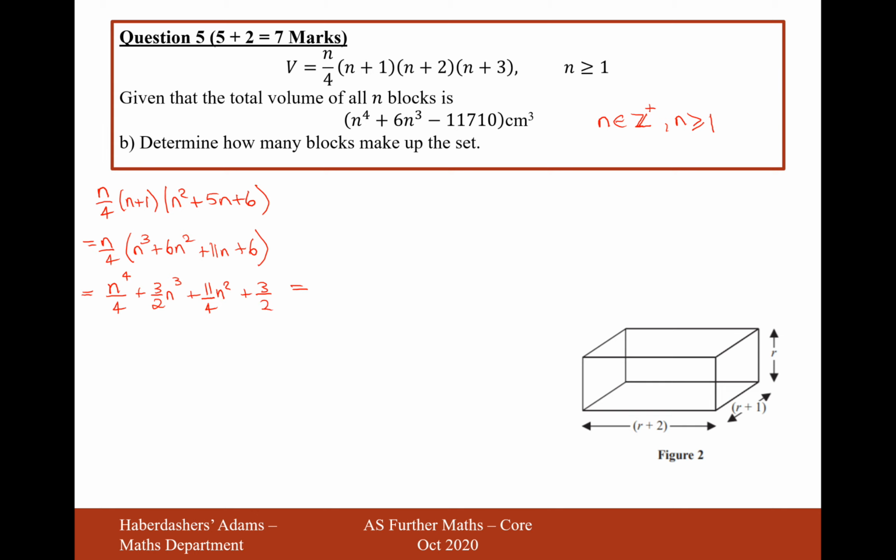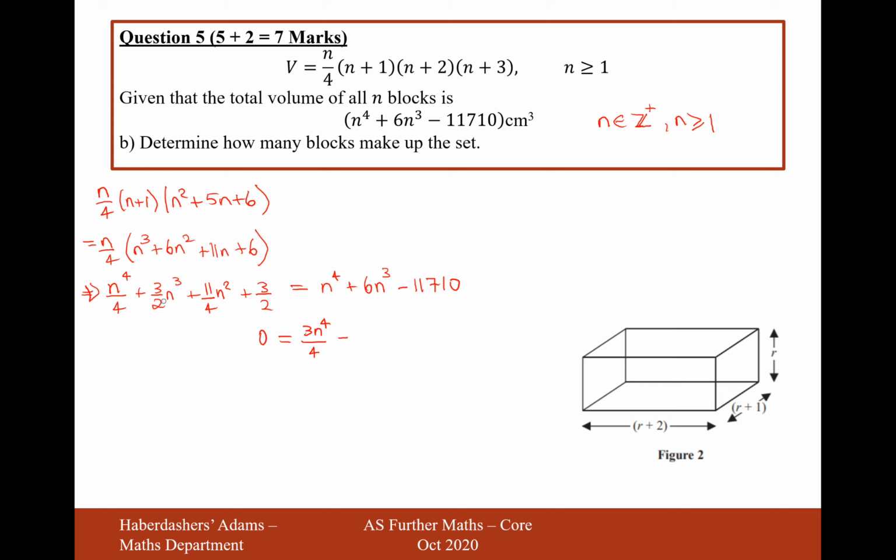And now this is going to equal n to the power 4 plus 6n cubed minus 11,710. So let's now start moving everything all onto the same side. Maybe we'll move it all onto the right hand side, so it's going to be 3n to the 4 over 4